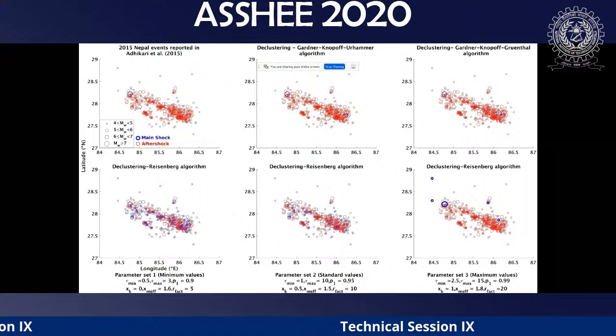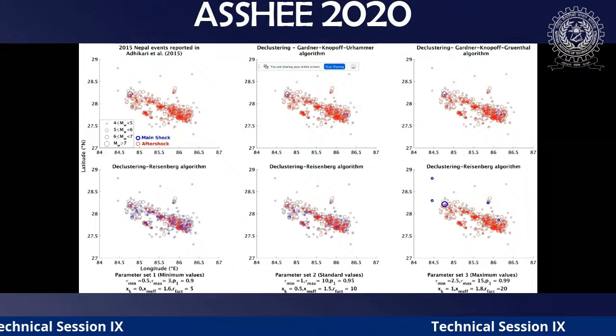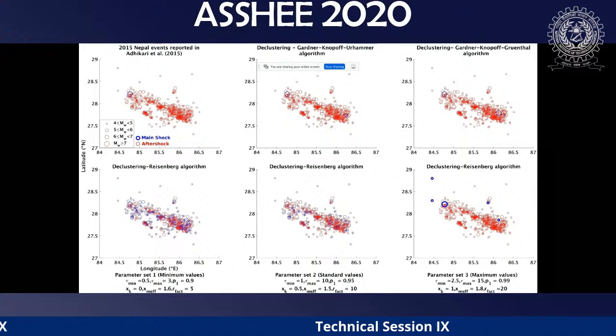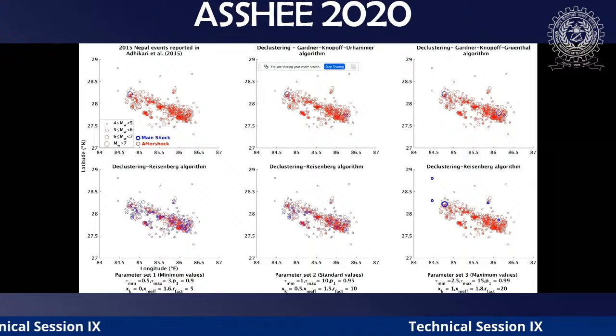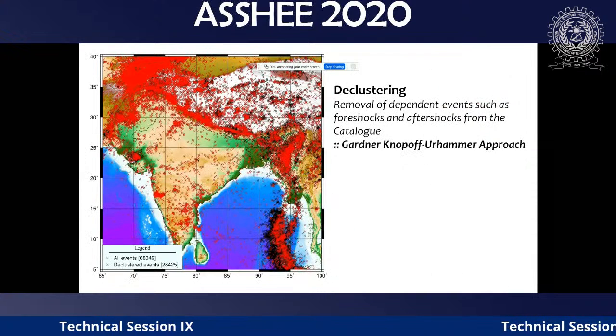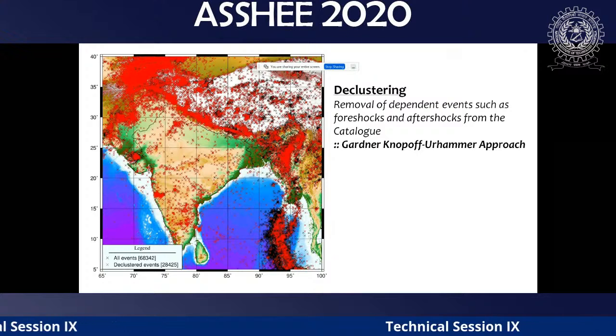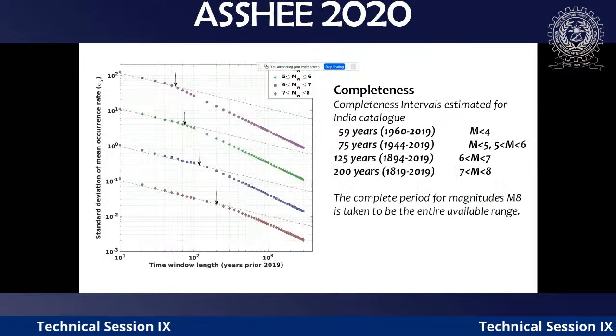Now, to decluster, previously in India there are several techniques. We don't have any calibrations, like how many aftershocks have to be removed, what should be the criteria. But now the recent Nepal earthquake has all the aftershocks documented. So now we can do all these types of studies, like the Gardner-Knopoff algorithm, the Reasenberg algorithm. We can test all algorithms on this Nepal data, and then calibrate these for our earthquakes also. Based on this, we developed the declustering procedure as per the Gardner-Knopoff approach, and we removed all the aftershocks to estimate the recurrence relations.